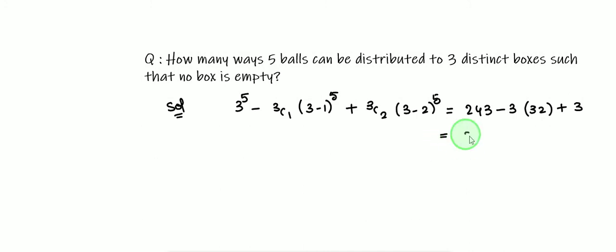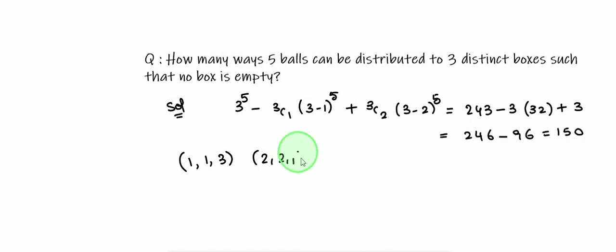In the general method, distribution of 5 balls into 3 distinct boxes gives two cases: 1 1 3 and 2 2 1. You can make them into divisions into groups. So 5 balls into 3 groups. Division into groups, another method: 5 factorial by 1 factorial, 1 factorial, 3 factorial, in which 2 equal groups are there, so 1 by 2 factorial. After making them into groups, we need to distribute into 3 boxes, that is 3 factorial.